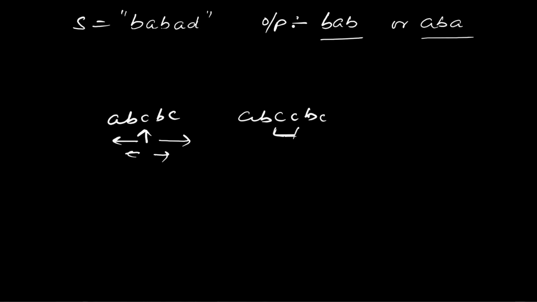Okay, so whenever we are expanding from the middle one, we have to consider the middle one, and apart from the middle one, the middle plus the next index also, for this condition. Okay, so let's see how we can solve this. We will be expanding. This is a for loop we are iterating, from i equal to 0 to n. Okay, and we have to find out the length